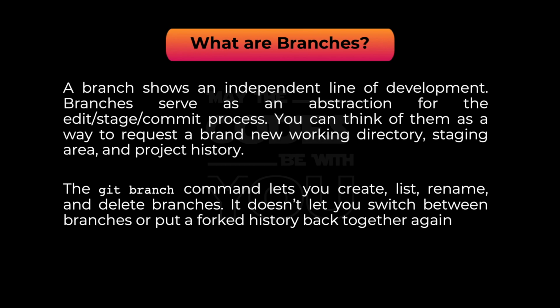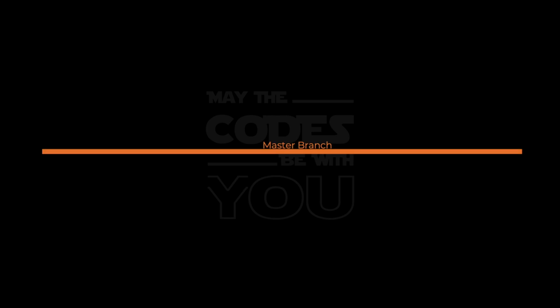So let us learn what branching is, visually. Let us say there is a master branch, and you have made a first commit and then another commit. Now, how does branching work? Branching at this stage gives you your same project independently. So when you work on that project by creating a branch, it will not disturb your main project or the master branch; rather, it will work on the other branch.